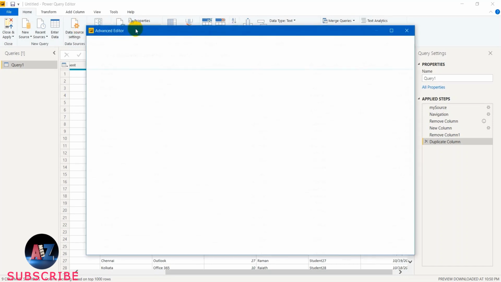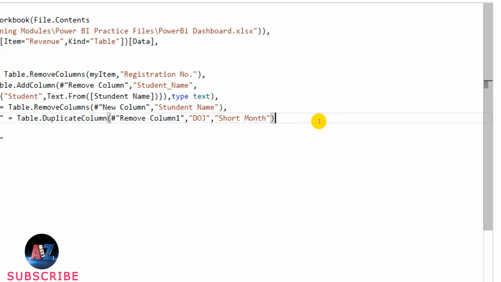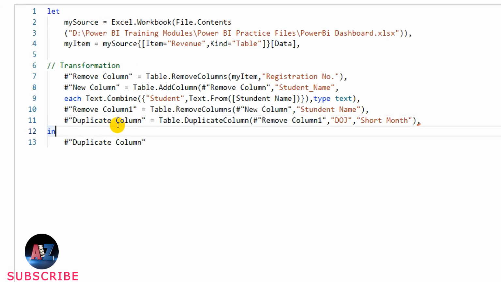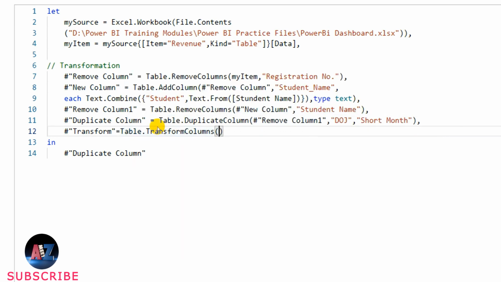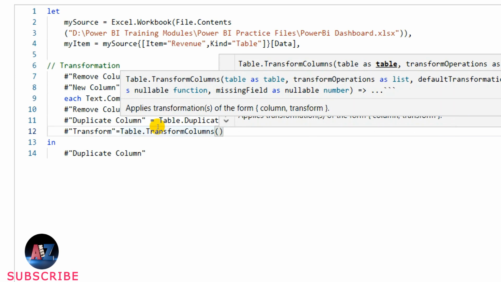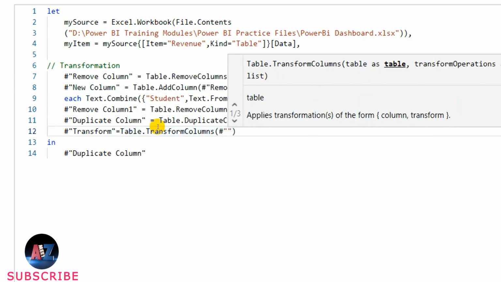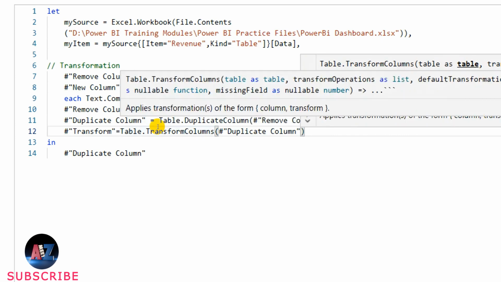So advanced editor, new step, comma, then the new step name is, I think we can write as transform, equal Table.TransformColumns, and then the last step, that is most important because we are not giving the table name here, we are giving the last step name, that is duplicate column, comma.